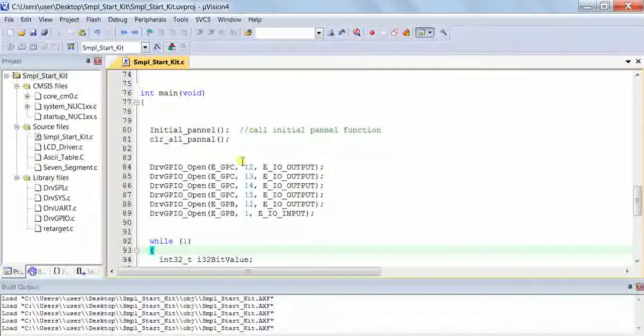Here, for pins 12, 13, 14, 15 of port C, we are declaring them as output, where we intend to connect our motor driver IC, which in turn connects to 2 motors. GPB11 is the pin for our buzzer, that is also declared as output, and to GPB1 we connect our IR sensors, which detect if there is any wall or not.